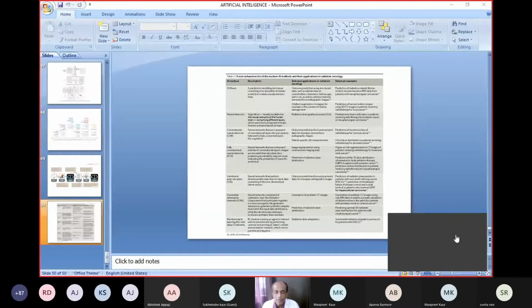In a week of 7 days, we give radiation for 5 days, Monday to Friday. Saturday and Sunday are off. We do not deliver radiation because the normal body takes 2 days to recover in those areas. So if we consider 25 fractions of radiation, then naturally we will take 5 weeks to deliver. If we consider 30 fractions, we will take 6 to 7 weeks to deliver. Sometimes the machine goes down for a week, or the patient becomes sick and doesn't come for a week, then it adds a further 1 week. So for the entire treatment duration, we take 1 month to 1.5 months to complete.